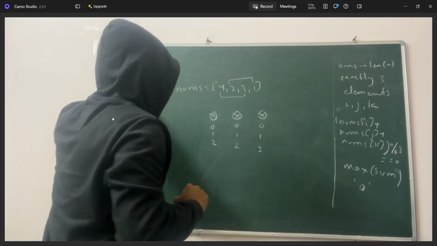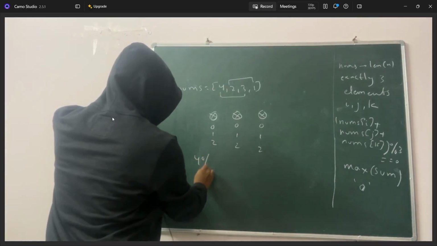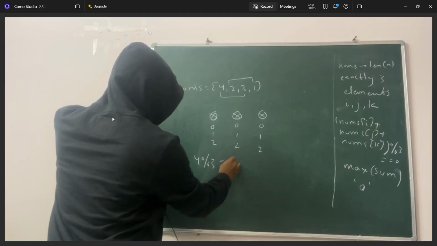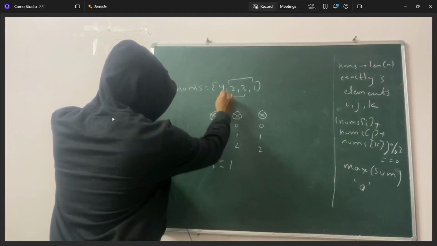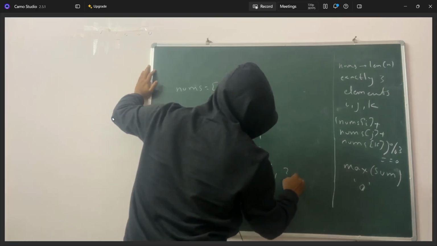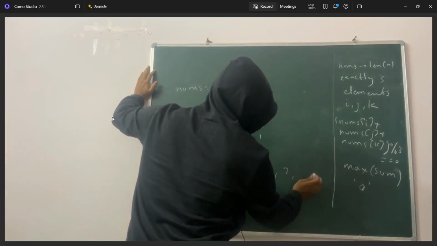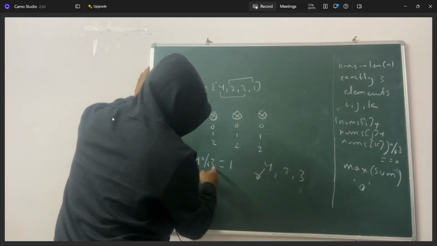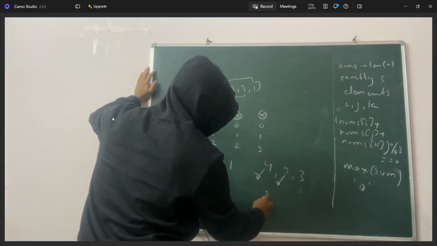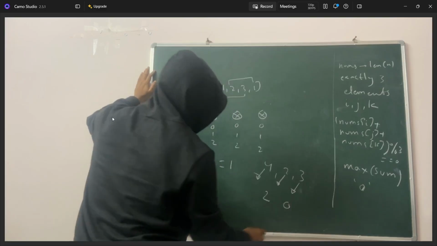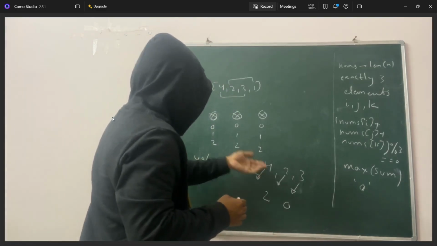Right? Let's say you're taking 4. If you modulo with 3, it is going to be 1. Our answer is, let's say, 2, 4, 3. So when you modulo 4 with 3, you're getting 1. When you modulo 2 with 3, you're getting 2, and you are getting 0. So see, 3 elements we have chosen,